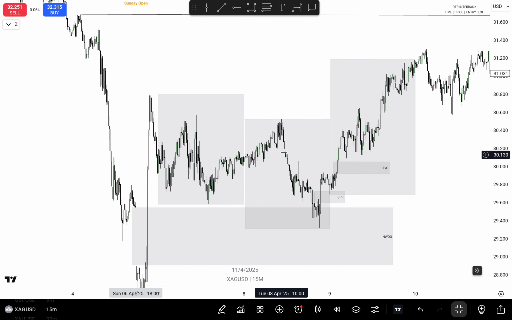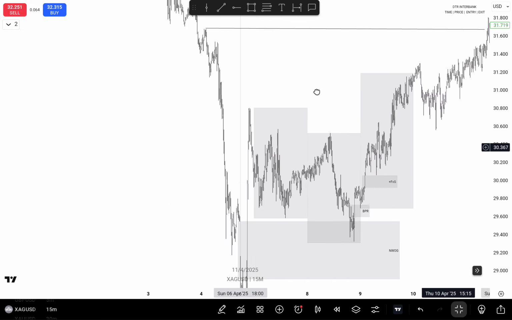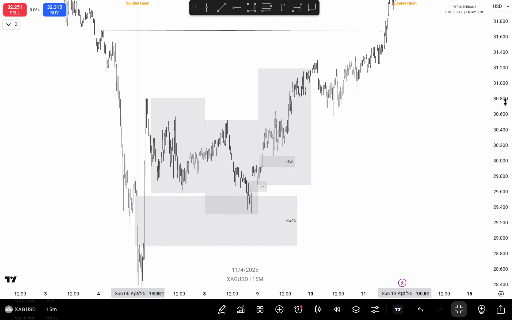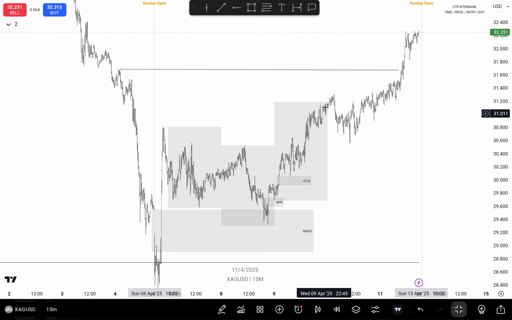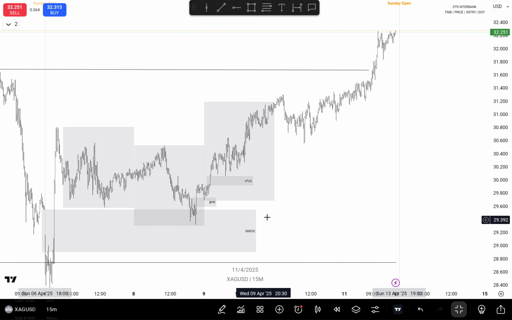This is accumulation, manipulation, distribution. As always, this is what we trade. This is what we trade. We have a retracement, a deep retracement back into